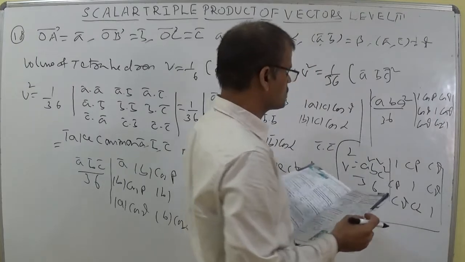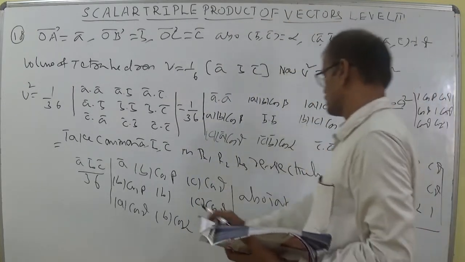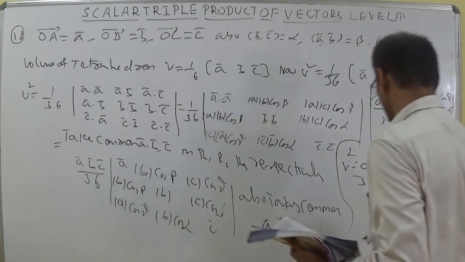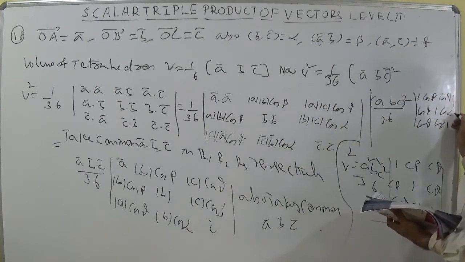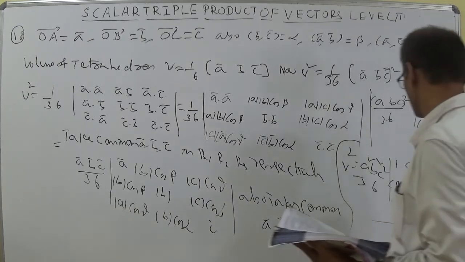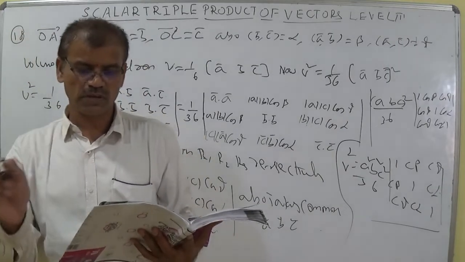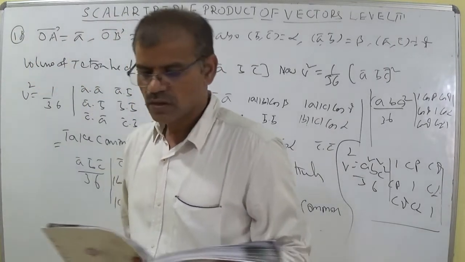cos gamma. Here also cos alpha given. Yes, we got cos alpha. Here in the second one, mistaken. Here cos alpha you should write, and here also cos alpha you should write. Here C means cos, I am writing alpha. A square, B square, C square 36. 1 cos beta, cos gamma, cos beta 1, cos alpha, cos gamma, cos alpha 1.